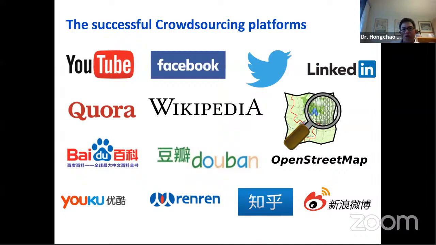So when we talk about the crowdsourcing platform, we give examples such as YouTube. I don't know if some young students know the history of YouTube. It was actually, at the beginning, a platform where everybody can upload their videos, and then it became a scare that it drew a lot of attention. Then Google just bought that. Yeah, and also if you check Facebook, Twitter, and other platforms